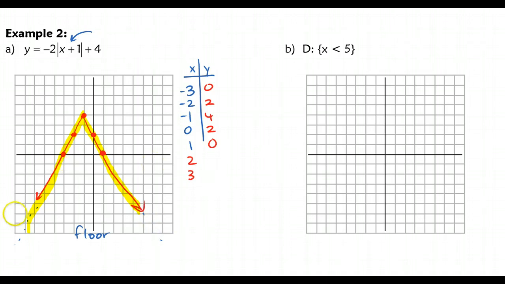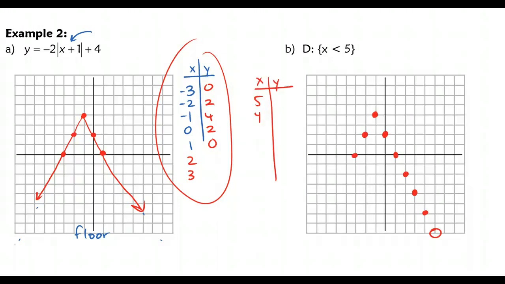So that's what I'm going to do. I'm going to start plotting some table values, and I'm just going to steal these same table values because I picked numbers that were all less than 5. Okay, so I'm going to plot the exact same looking function. So I'm going to pause it real quick. Okay, so I went ahead, I plotted the exact same table values here that we already found, and I actually had to go and find when x was 5 and 4 as well, so you can see where I plotted those points here. Now, I put an open circle on 5